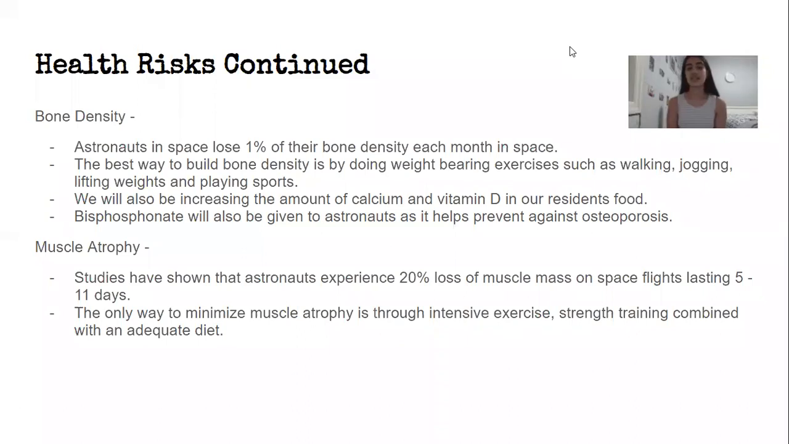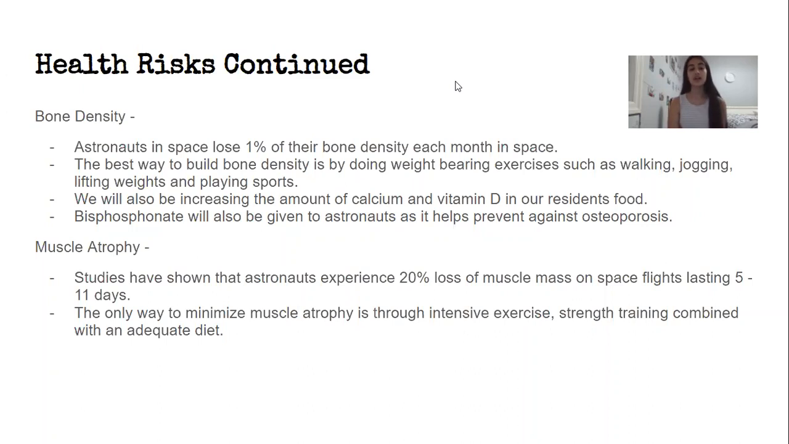Health risks continued. Bone density. Astronauts in space lose 1% of their bone density each month. As we plan to settle on Mars, this problem needed a solution. The best way to build bone density is by doing weight-bearing exercises such as walking, jogging, lifting weights, and playing sports. For this reason, we have included a gym. We will also be increasing the amount of calcium and vitamin D in our residents' food. Biphosphonate will also be given to astronauts as it helps prevent against